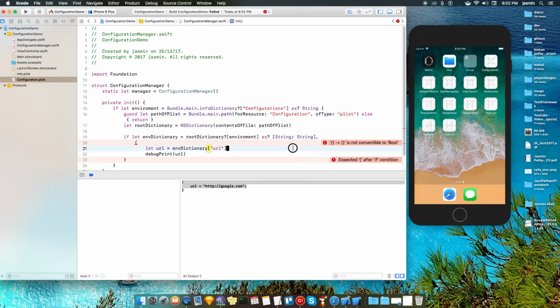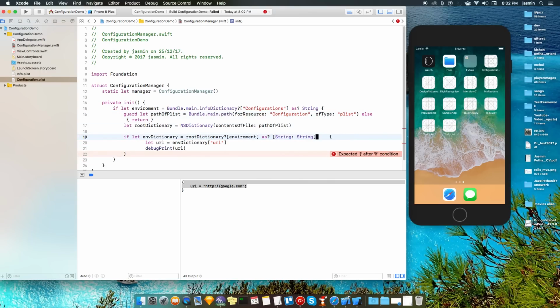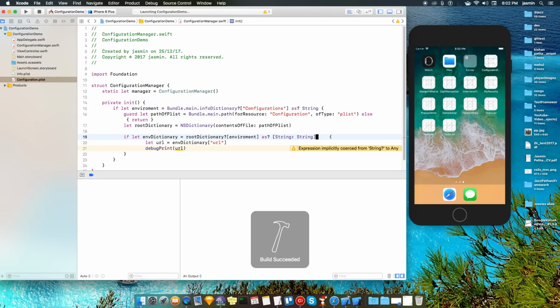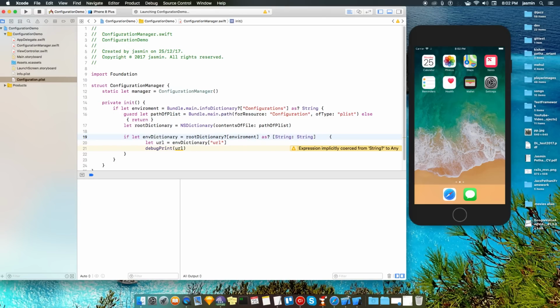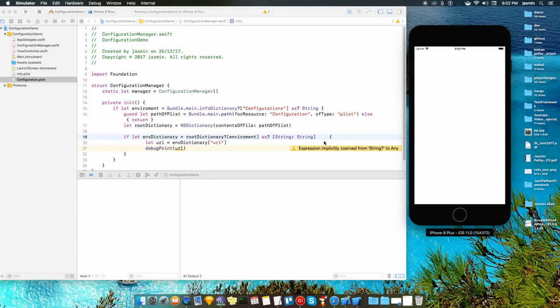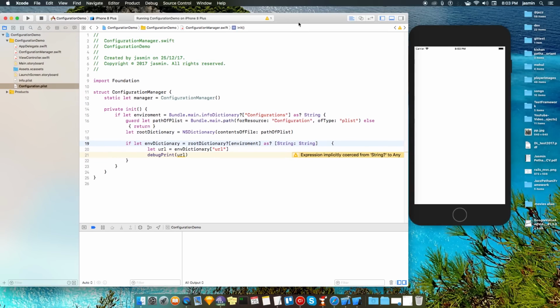Yeah, as you can see over here that it's google.com fetched, and it's an optional, so you can forcefully unwrap it over here.